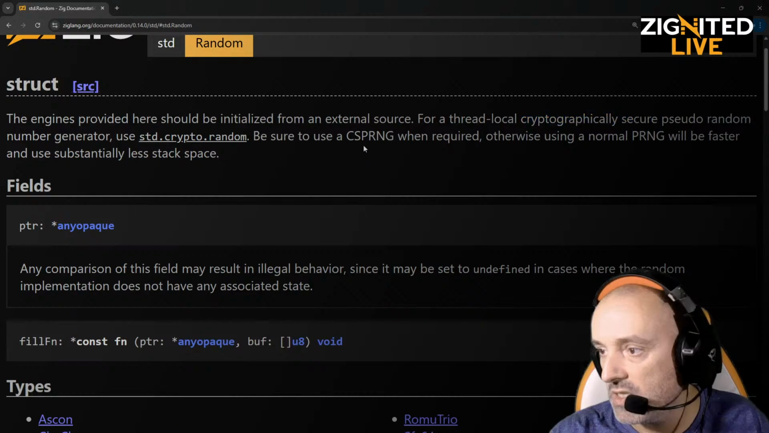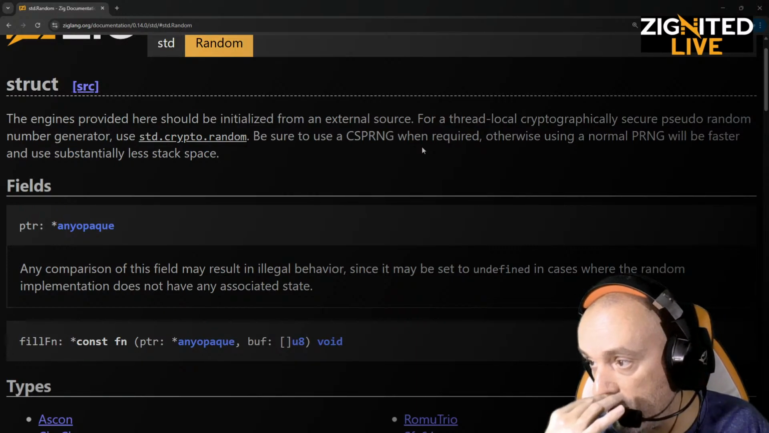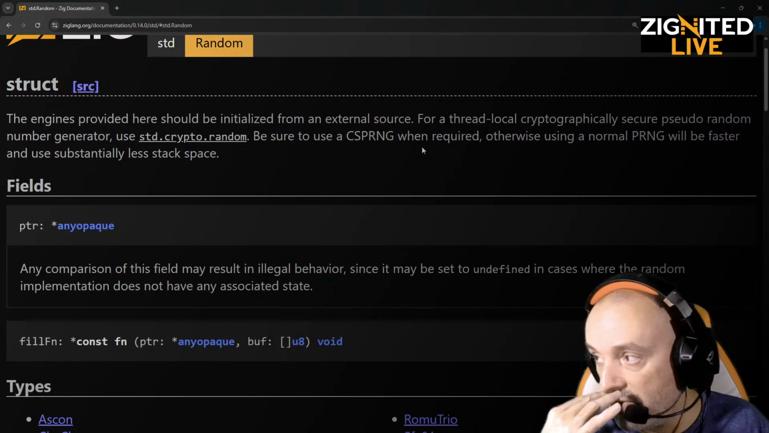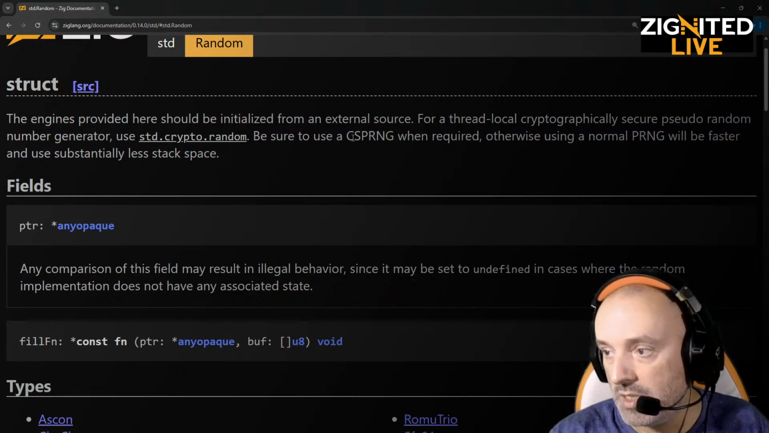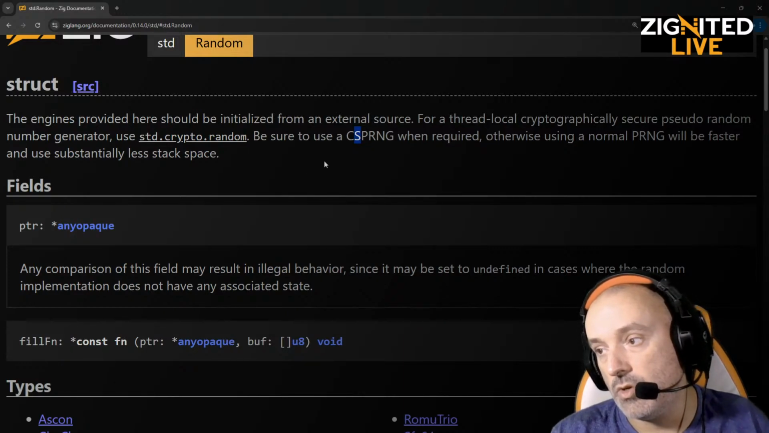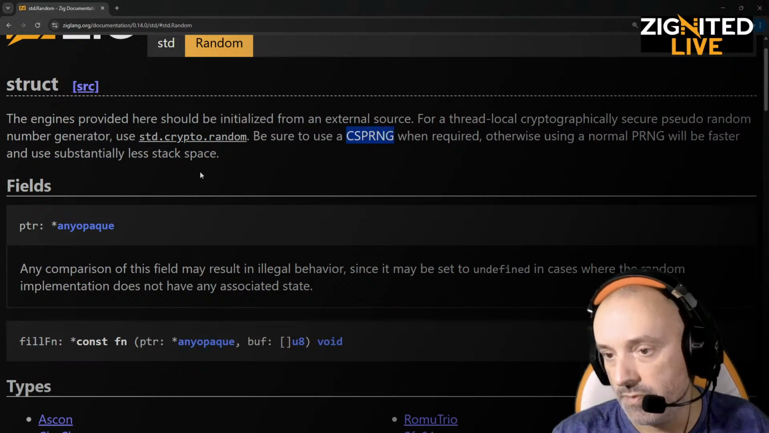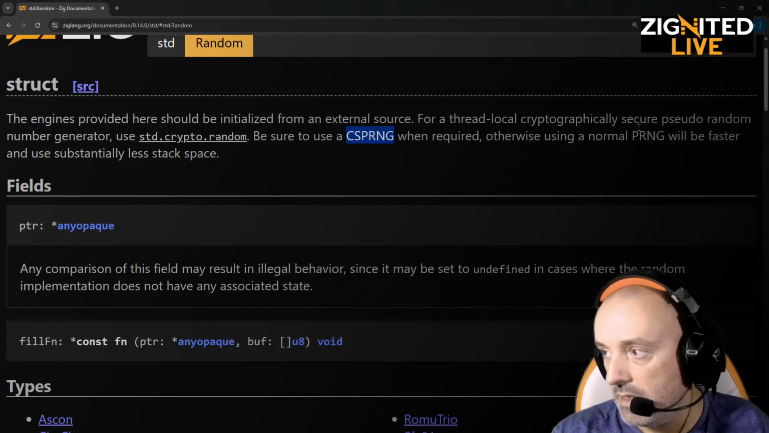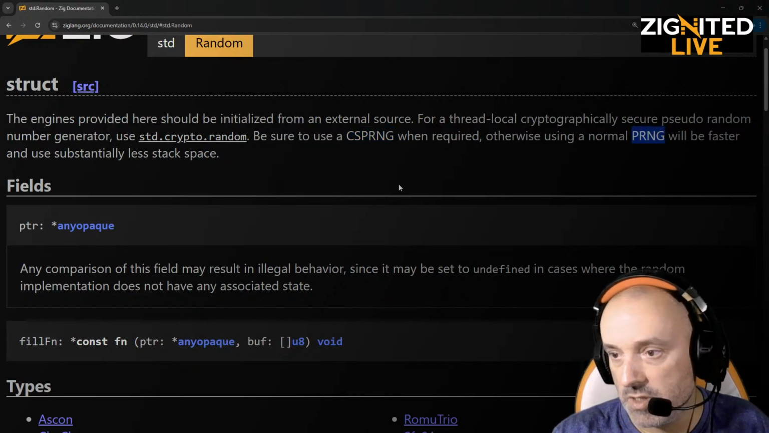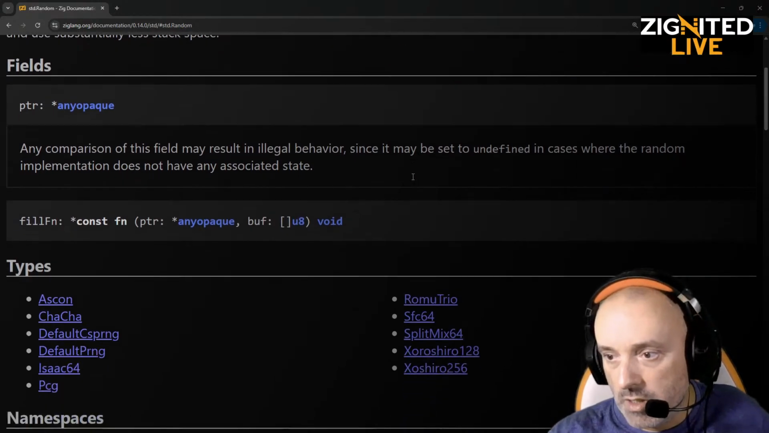Be sure to use CSPRNG when required. Otherwise, using a normal PRNG will be faster, and so then probably this stands for secure. C secure pseudo random. Okay. C secure pseudo random number generator. Okay. And this is not secure. Will be faster. Okay. So this is maybe for some games it doesn't matter, but when you need a secure one,